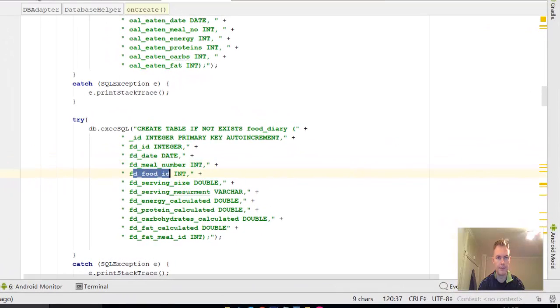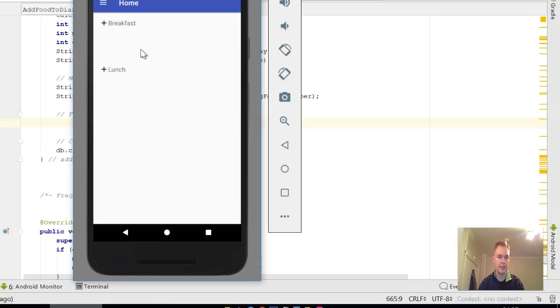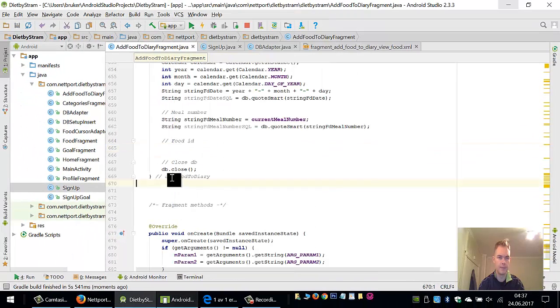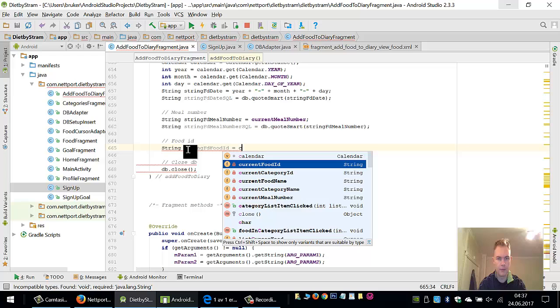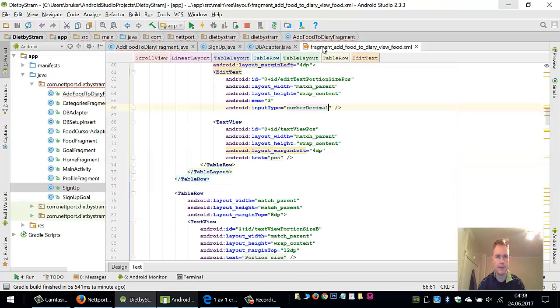Food ID, and the food ID is the one coming from the database. So string the food ID equals to current food ID. Food ID SQL equals to this, the TV test food smart. Okay,